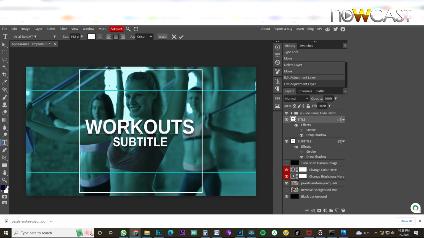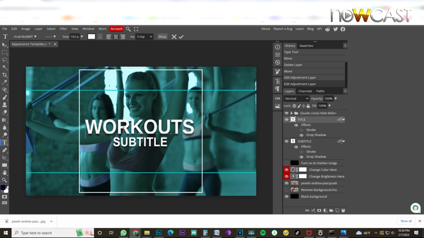Now, one thing I want you to note here is when you're typing out your title, make sure that the title stays within the confines of the white box here, which is the simple box 1024 by 1024, right? You don't want to go outside the white box. Just make sure you stay within the confines of the white box. Now that I have typed out my title, I want to change the